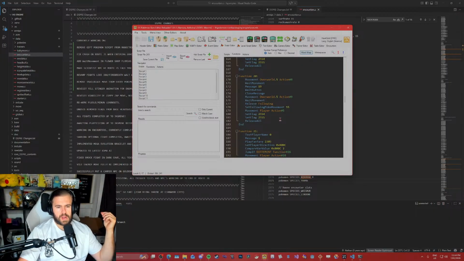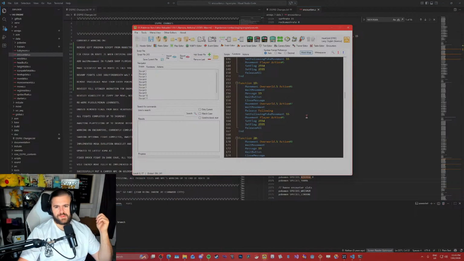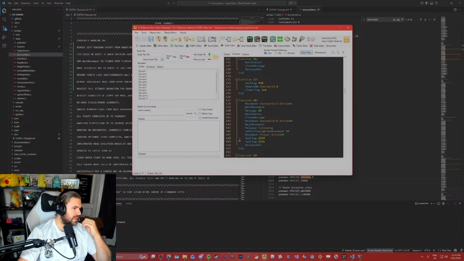Hmm. So you can set the flag. I'm just curious if you hit that script only once, does setting the flag over and over again do anything? I think you have to clear the flag though. Hmm.